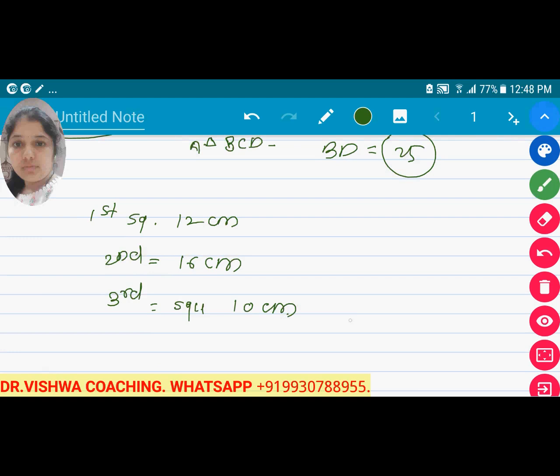Okay, now the side of the first square is 12 divided by 4, which means 3 centimeter. The side of the second square is 16 divided by 4, which means 4 centimeter. Now the side of the third square is